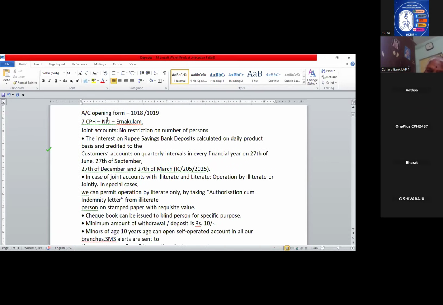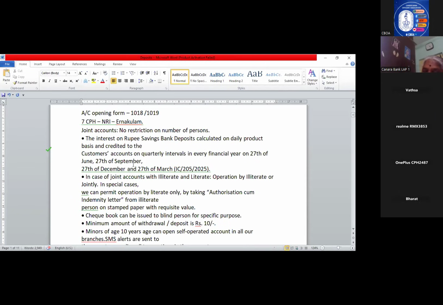So in general, what are all the conditions for deposits? These general conditions are for all the deposits, whether it is a demand deposit or a time deposit. First one, account opening form. It is 1018 for the individuals. 1019 is for the other